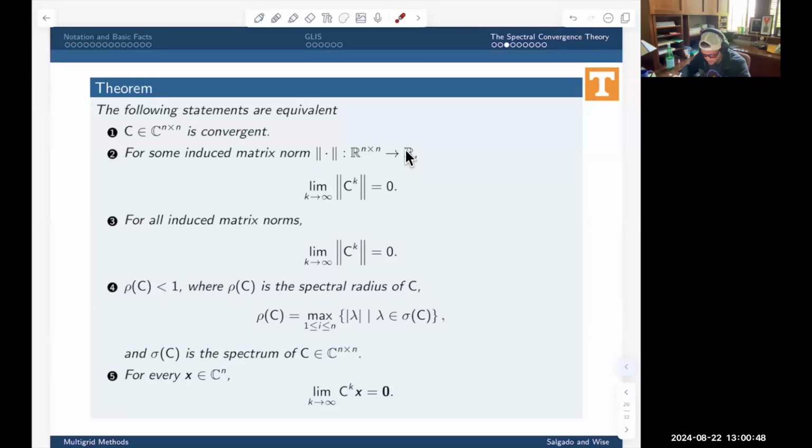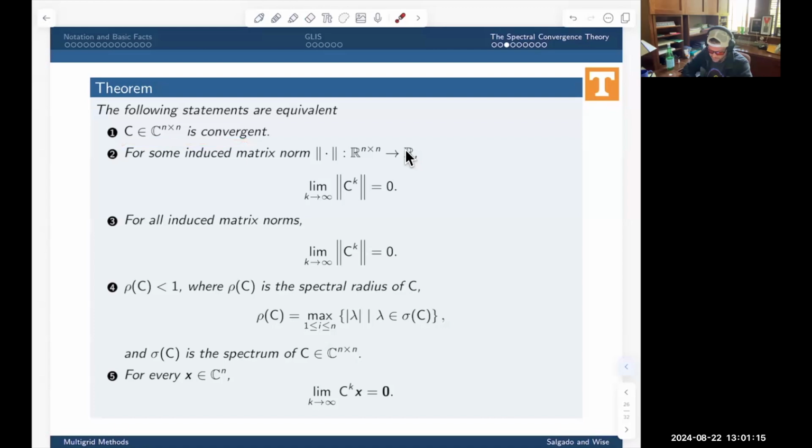Now there's an important theorem, which we state in our numerical analysis book and want to use now. We really only want to use a couple of parts of it, but it's useful to have, and this concept is useful to have in general. The equivalent statements are the following. C is a convergent matrix,